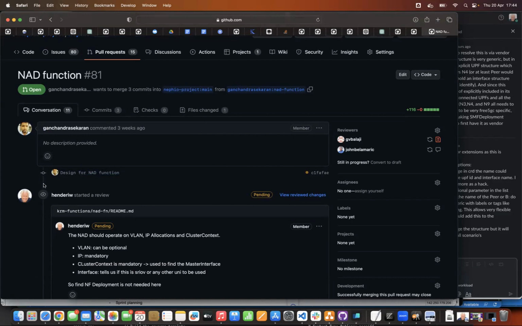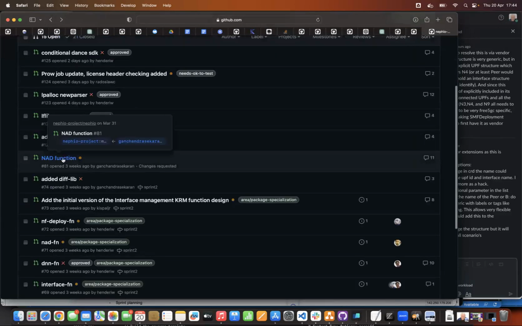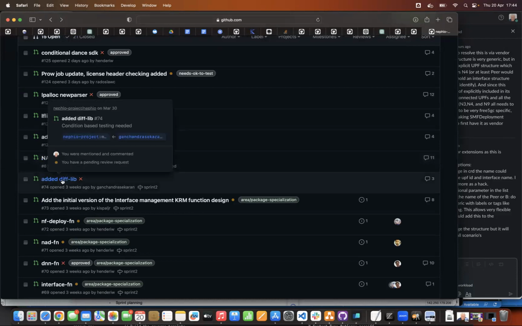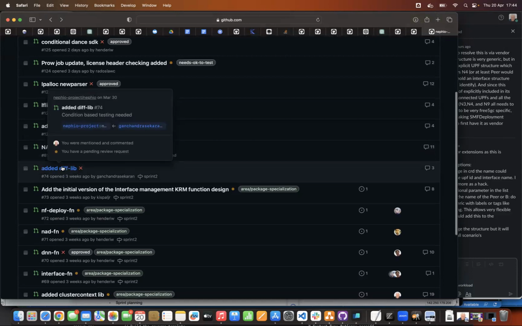I have to check the latest state, but the NAD function is almost ready. At a diff lib, this can close. Yeah, that can close. I just need to import some of the tests that Ganesh did here, so I will do this if I close it, but this can close.